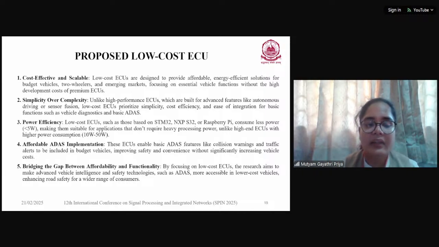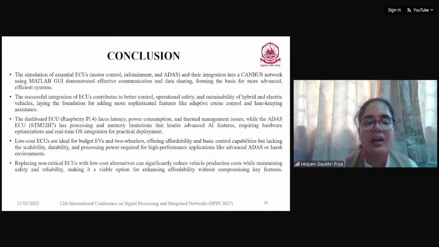In conclusion, our study successfully developed and simulated a low-cost ECU framework for hybrid electric vehicles. By integrating these ECUs into a CAN-bus network, we achieved seamless communication between the ECUs, enhanced energy management, and improved vehicle safety and efficiency. While our approach provides a viable low-cost solution, challenges such as latency, power consumption, and real-time optimization